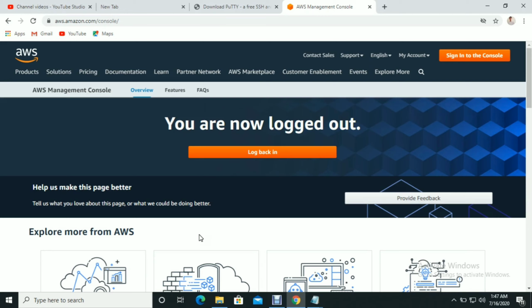AWS needs some basic information like your email ID, contact number, permanent address, PIN code. Once you give all the information, click on next. On the next page, Amazon will ask for your card details, like your credit card or debit card information. You have to give that information.